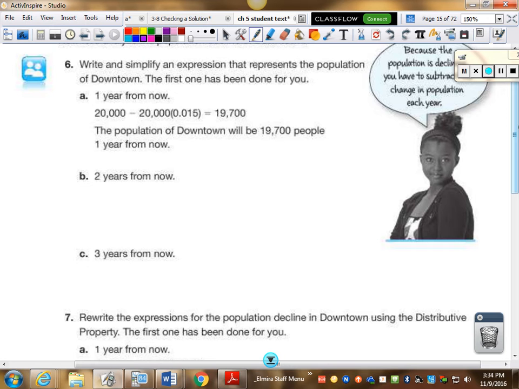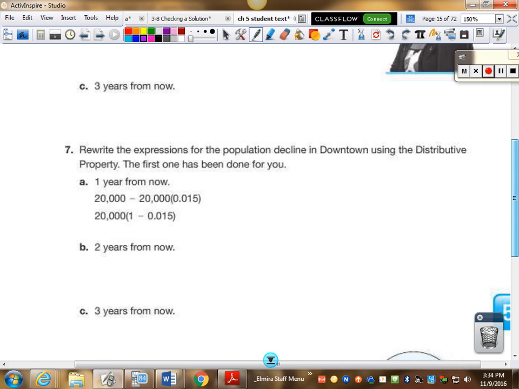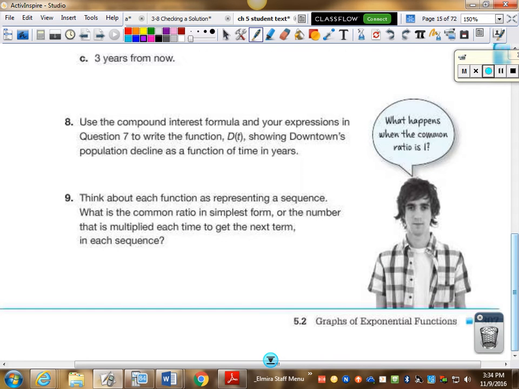Now we're going to write and simplify an expression that represents the population of downtown. But let's go down further. 8. That's where we actually write the function. Okay, downtown, leave yourself room to write 2 lines of work. Downtown started out with 20,000 people times 1. Now, we've been doing plus signs right along because we're always talking about something that was increasing. But for the first time, we're going to talk about something decreasing. So remember how we said r was negative? It was going down. So we're going to put minus